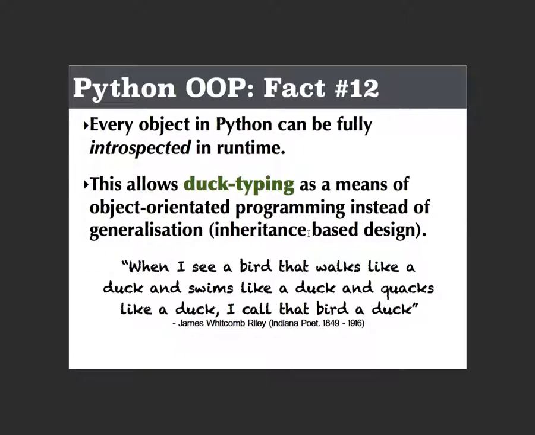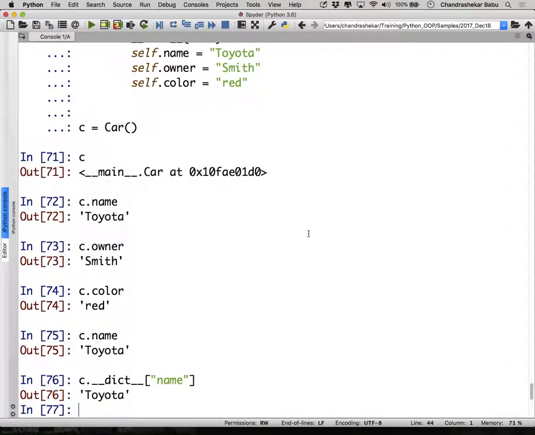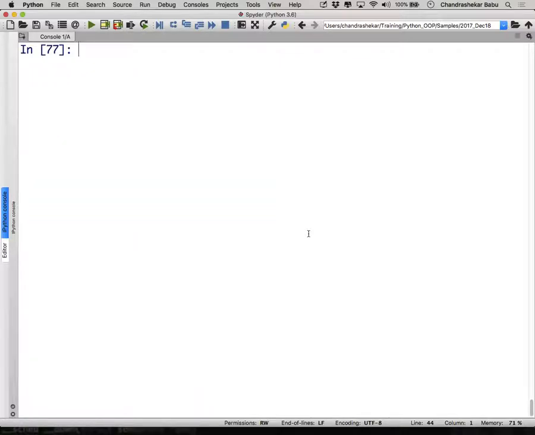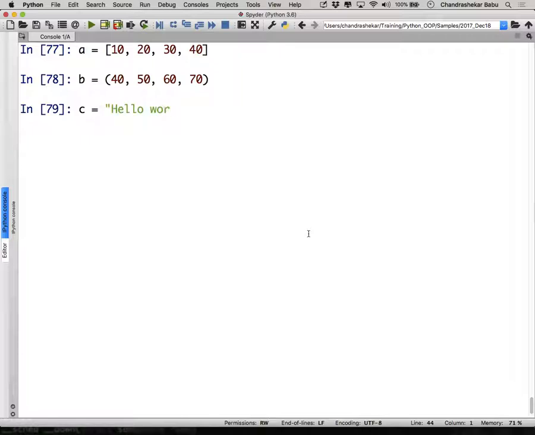Clear? In fact, duck typing introduces a lot of interesting features. For example, A is equal to 10, 20, 30, 40. B is equal to 40, 50, 60, 70. C is equal to "hello world".